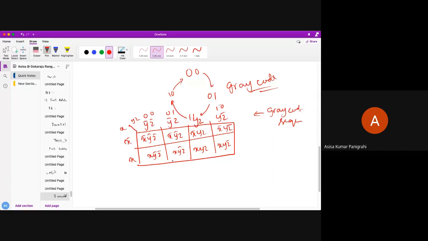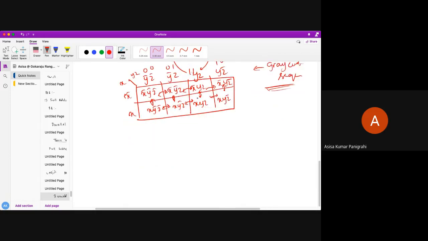Okay, do you all understand how to construct the three variable KMap? You have to apply the gray code sequencing. Okay, so the gray code sequencing gives us a one variable change between the adjacent minterms. You can see everywhere it's only one variable change. Everywhere, every place it is only one variable change. You can see everywhere. Here also one variable, here also one, everywhere it is one variable change. So you can apply those rules at a time by combining the things. Okay, so do you all understand?